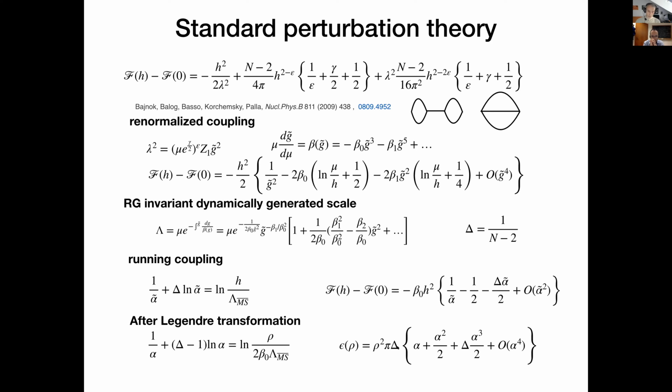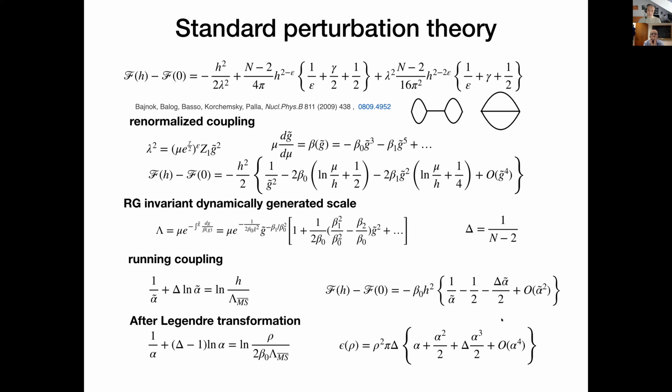And this is the quantity I would like to analyze in the whole talk. We will analyze rho and epsilon separately, but mostly this ratio, epsilon divided by rho squared, which has this nice expansion. And this two-loop result at the top of the page leads to this very nice expression with just the first coefficients at the bottom.